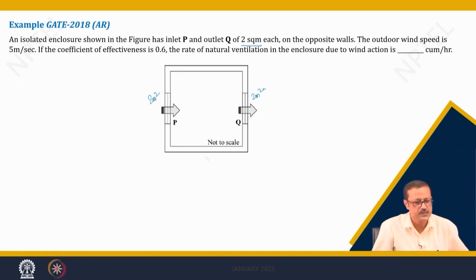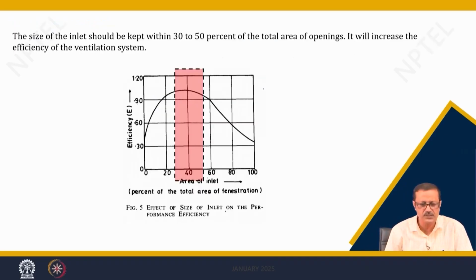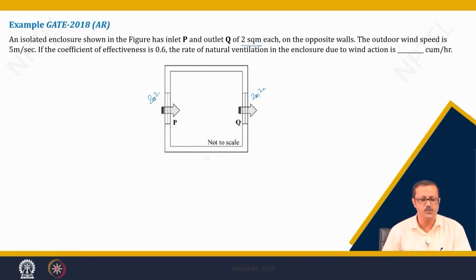The outdoor wind speed is about 5 meter per second. The coefficient of effectiveness, which we have just mentioned here, which is the efficiency, is 0.6, 0.9 or whatever. Here it is given as 0.6. We have to find out the rate of ventilation through the enclosure due to the wind condition, in cubic meter per hour. So per hour, how many cubic meters can flow inside the room based on the average wind speed of 5 meter per second outside, a 2 meter square inlet area, a 2 meter square outlet area,